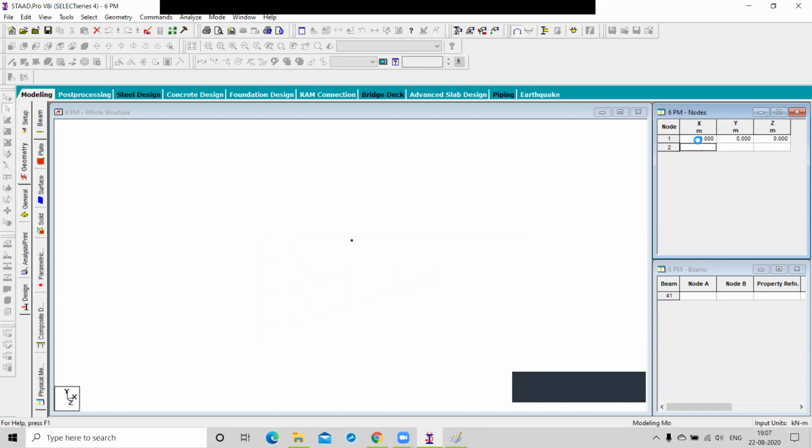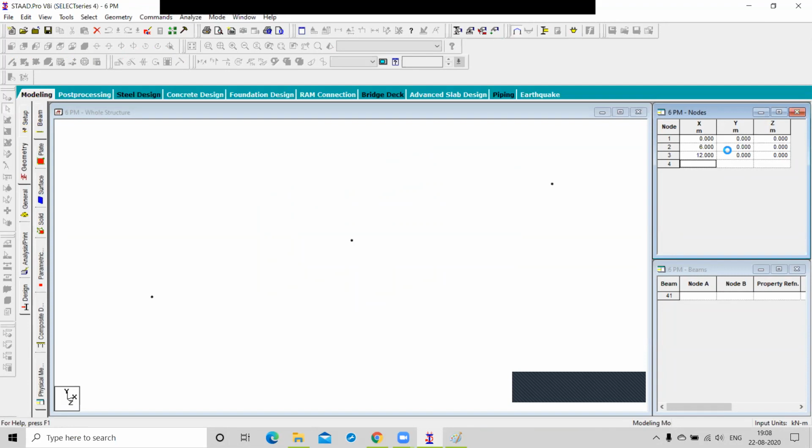because we are going to draw this figure on the xy plane, right? So the next coordinate was 6, 0. The z coordinate remains 0 for all the points, right? So you can see we have created two nodes on our screen, the black dots. The next coordinate was 12, 0. Now we have three nodes, right?